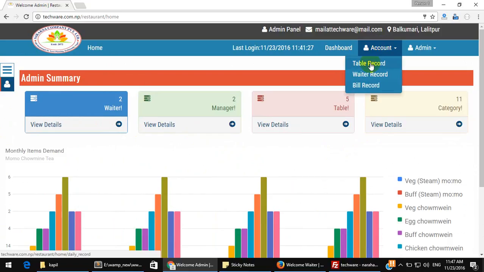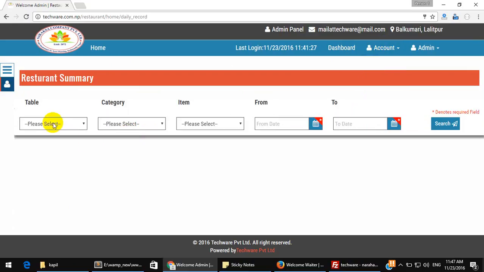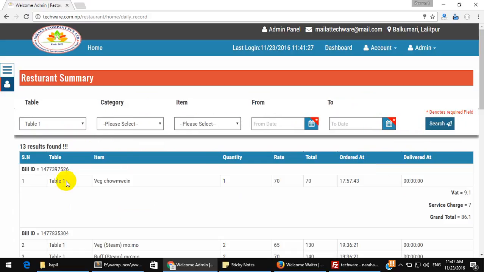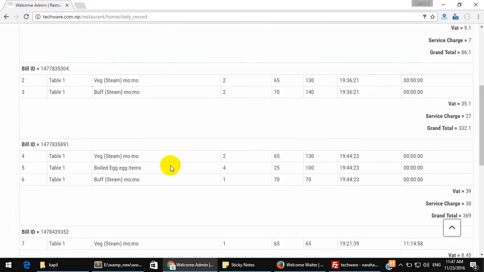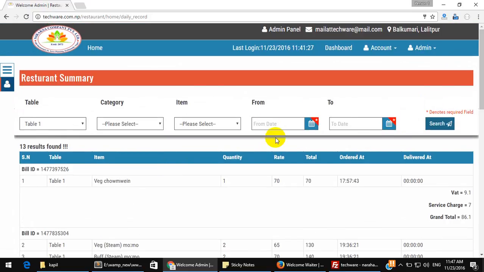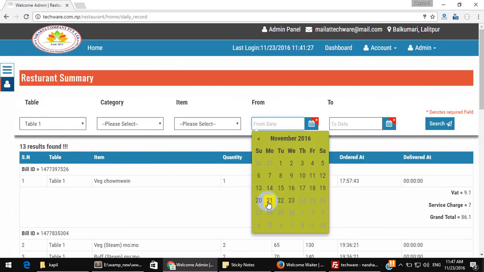Now in the report system, if admin wants to see the table record, then you simply select; all these fields are not necessary. If we want to see everything on table 1, then search on table 1. This is the data till date on table 1. Now we can give some range also.